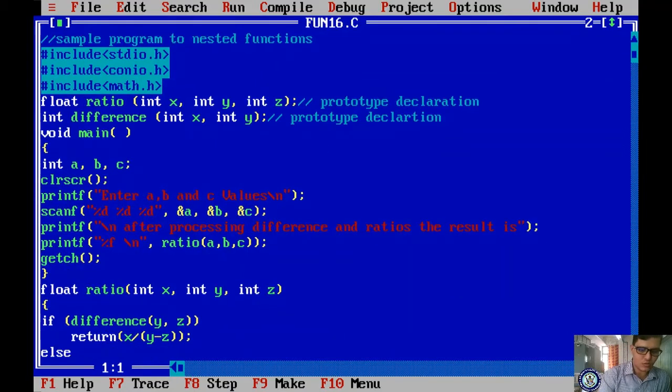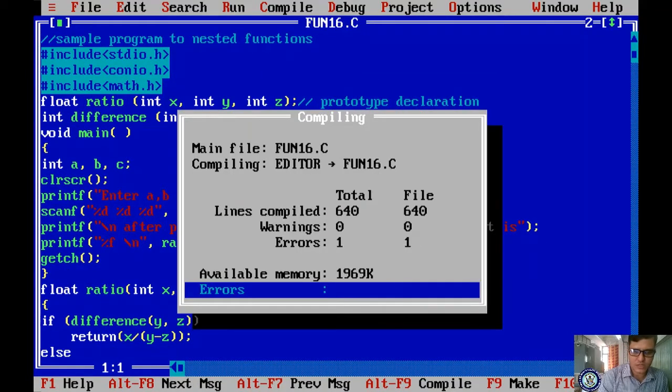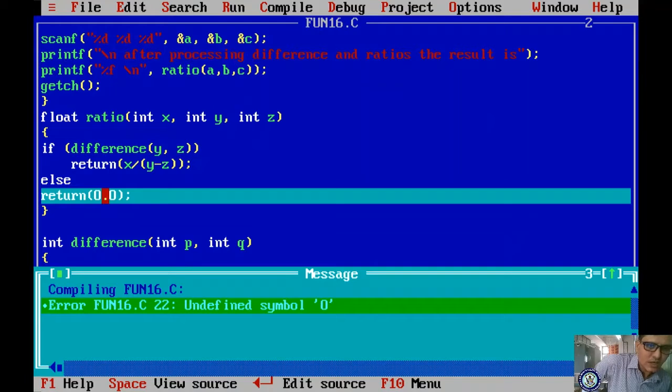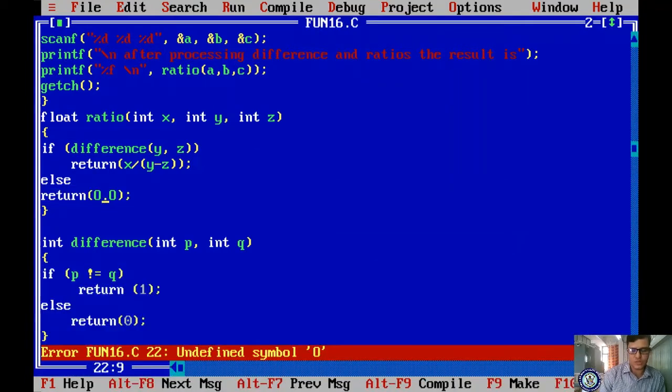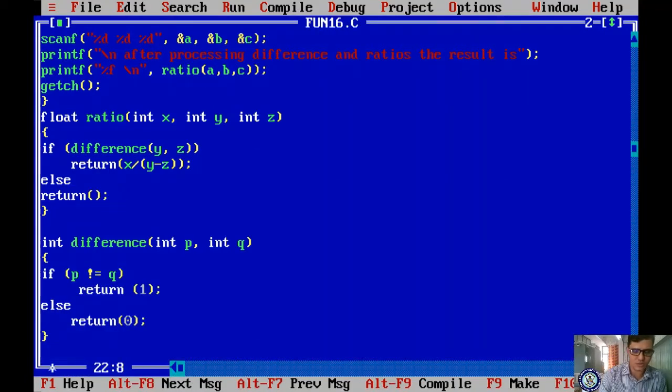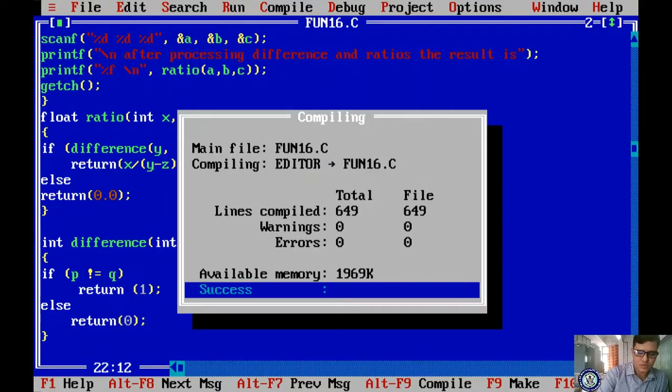So this is your program. Let me compile it first. It consists of one error. Let me check what that is. Undefined symbol. Oh, here it is not provided as 0.0, it is provided as an O. Okay, 0.0. Yes, now save it, now compile it, now run it.